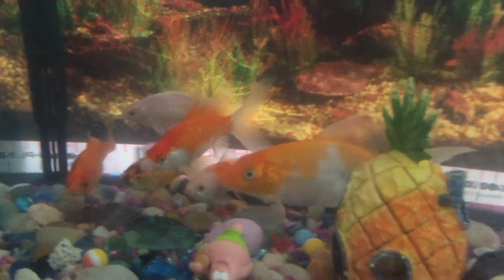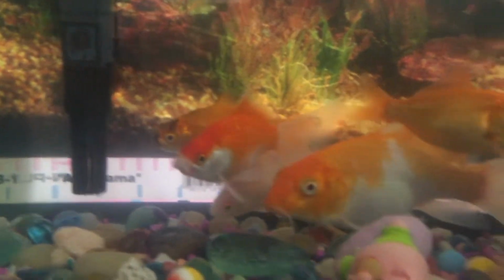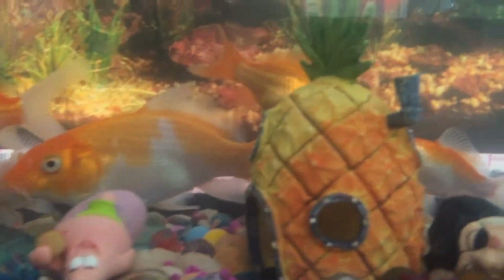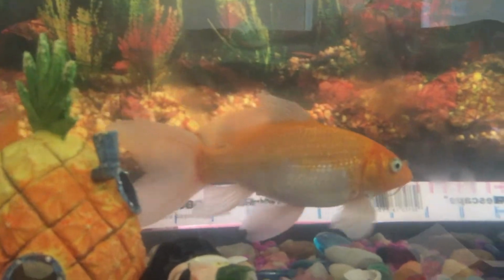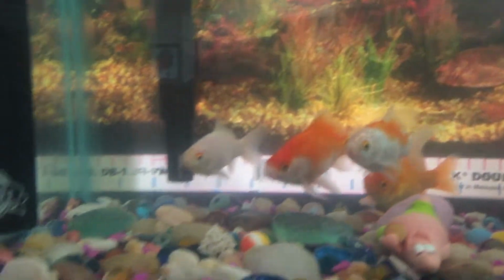But everybody's doing so good. Trying to make sure I don't get nobody no ick or nothing like that. I look at them from time to time, look at their scales. I did notice that since they hit this thing and moved it, they lost a few scales. But other than that, nothing crazy. Everybody looks healthy, no eyes bulging out, none sinking to the bottom or floating. Everybody's doing really good. So I just wanted to give you guys an update, something a little different from